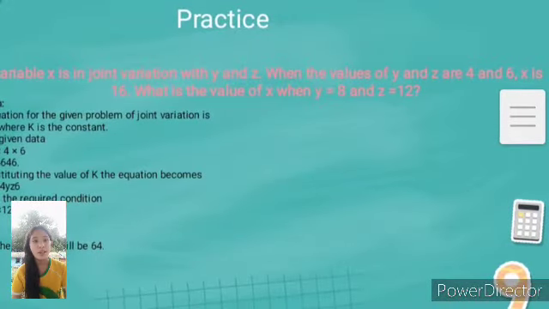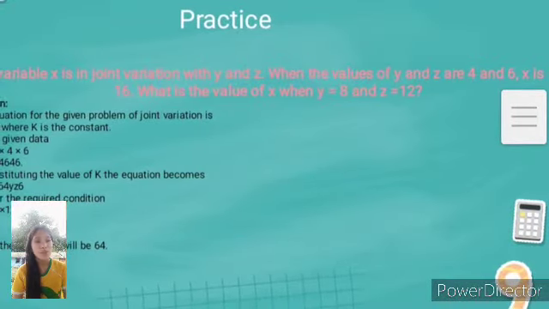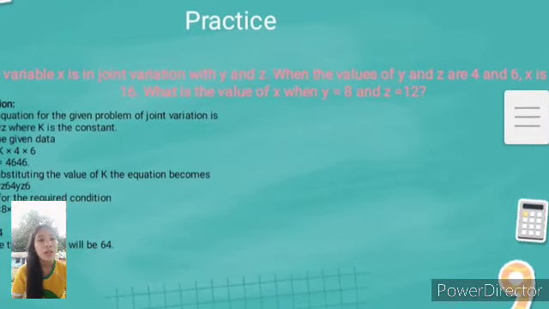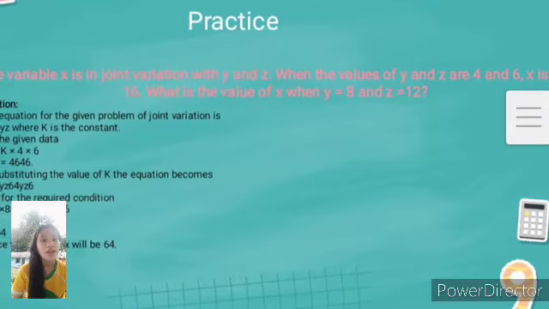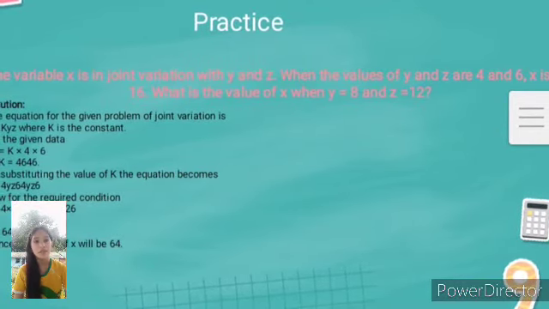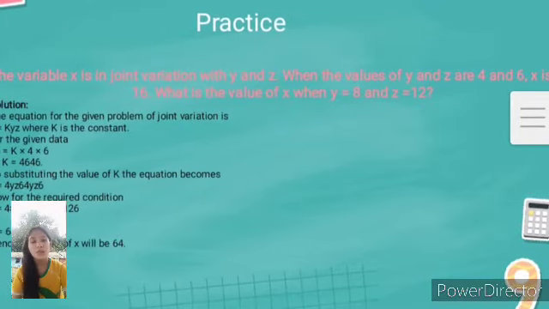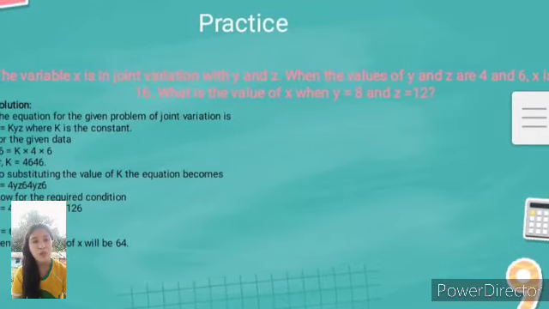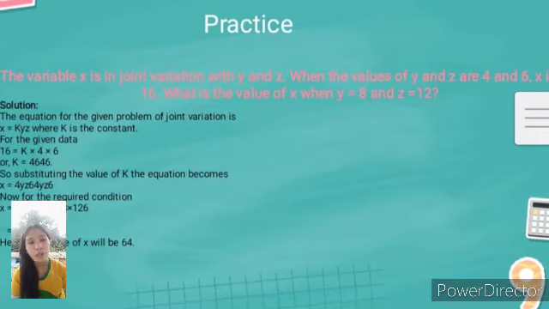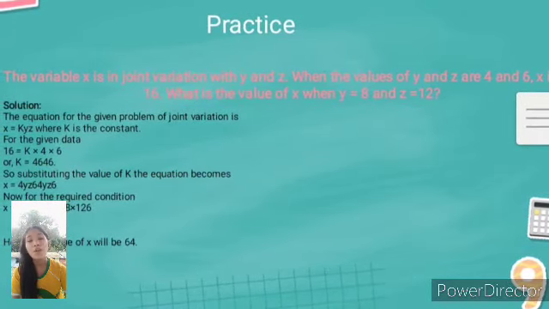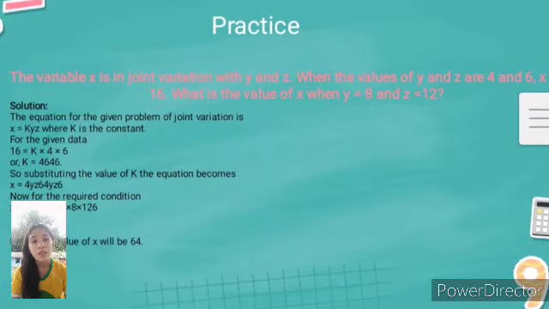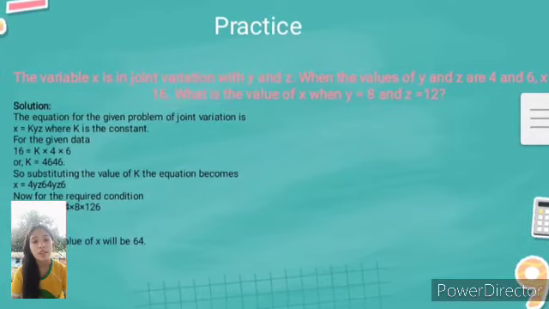The variable x is in joint variation with y and z. When the values of y and z are 4 and 6, x is 16. What is the value of x when y equals 8 and z is equal to 12? So, the solution is, the equation for the given problem of joint variation is x is equal to kyz, where k is constant. For the given data, 16 equals k times 4 times 6, or k is equal to